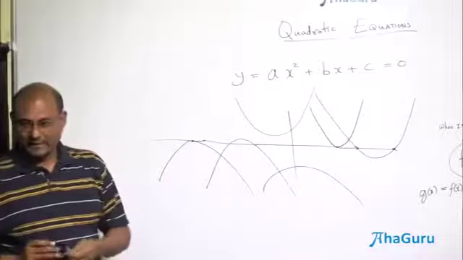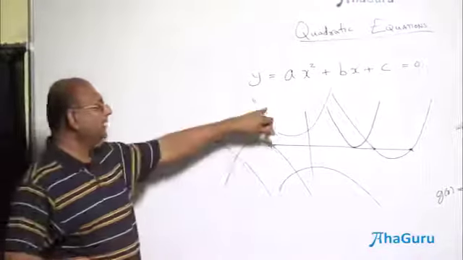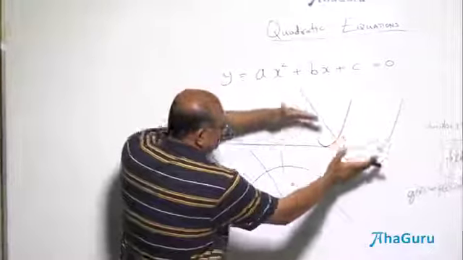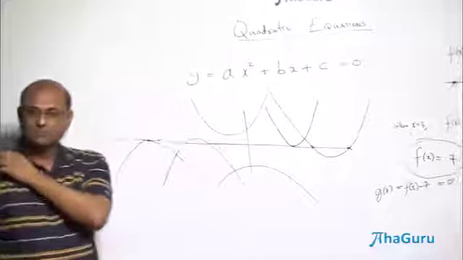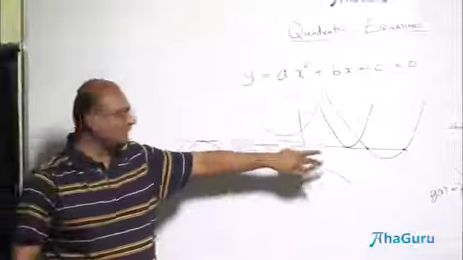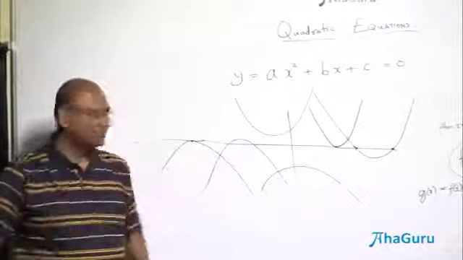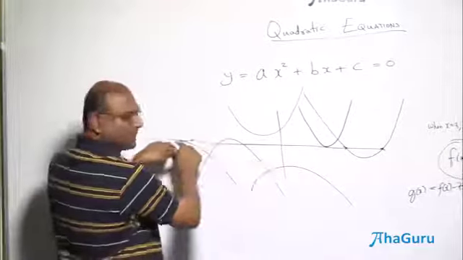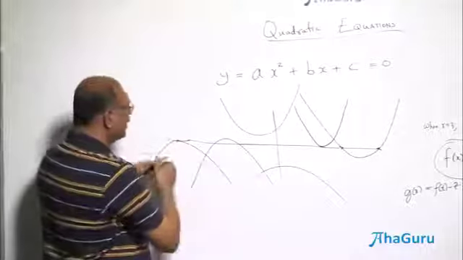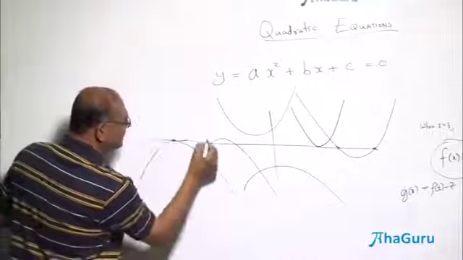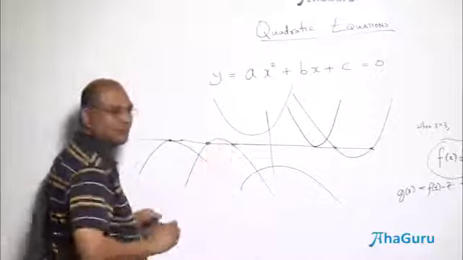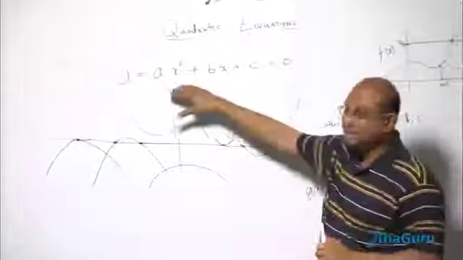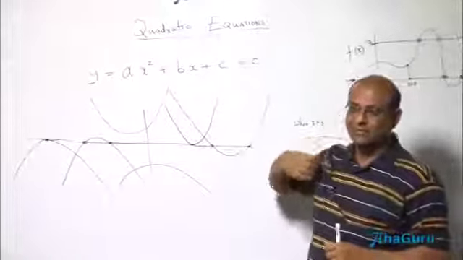So it looks like there are 6 cases, but really there are 1, 2, the limiting case, as this comes down, that goes up, actually it is touching once. So that's basically only 2 cases with one extra special in-between case. Similarly, there are 2 cases, and if you bring this down, this will become one solution. So we talk about these points as roots. We call the value of x at which y will become 0 the root.